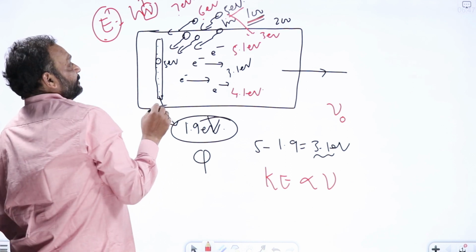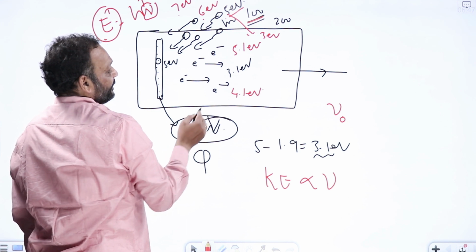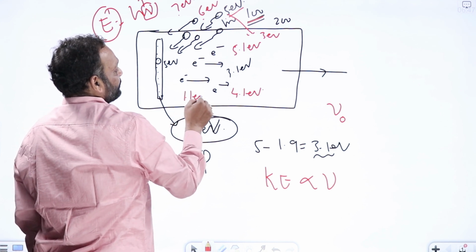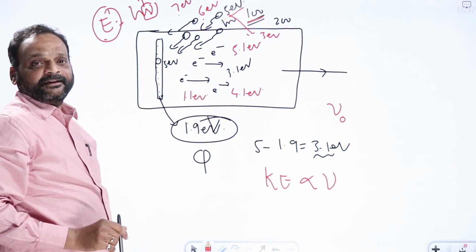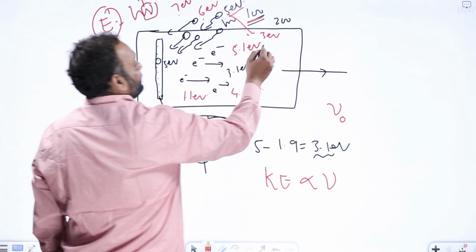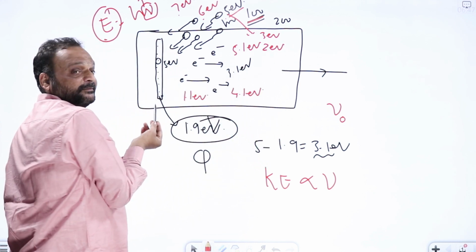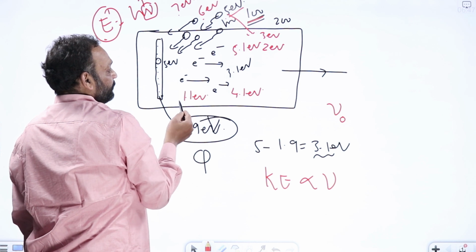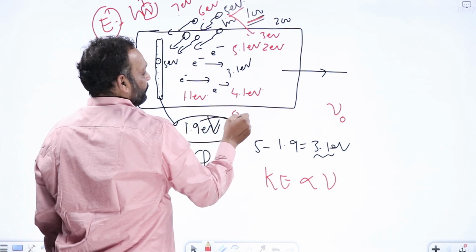Okay, right? Now what will happen? Out of 3 electron volts, they spend 1.9 and come out with 1.1 electron volts of energy. Okay, still decrease the frequency of incident light such that now each photon's energy is just 2 electron volts. 2 electron volt photons go and fall on the metal plate. Out of 2 electron volts, every electron spends about 1.9 electron volts and comes out with 0.1 electron